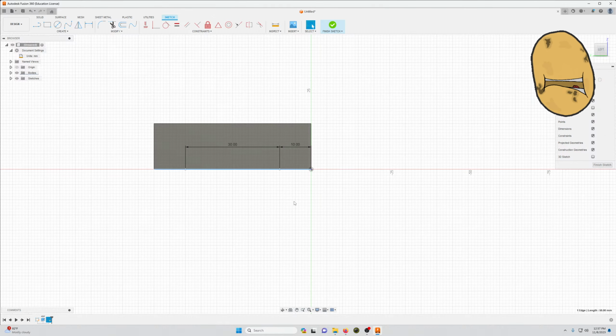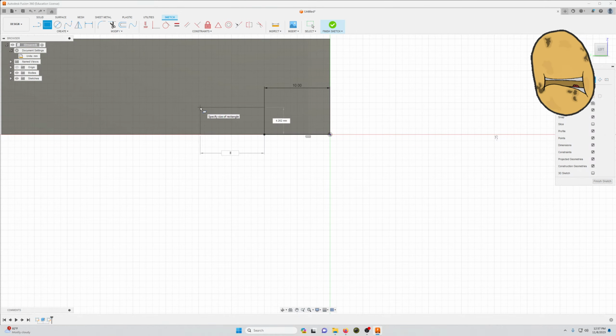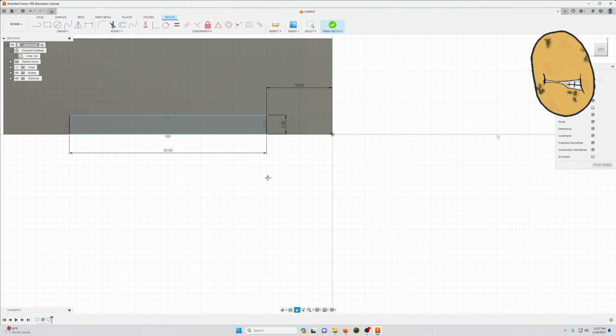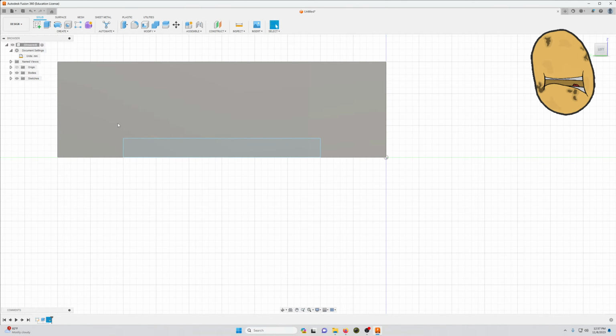Be gone. Look at this. We'll do a rectangle for this guy. This guy will be 30 millimeters, and this guy will be 3 millimeters. There we go. And then get rid of these dimensionings because it's a bit annoying. And then what we can do is click on extrude. Now this time, whenever we extrude this guy,